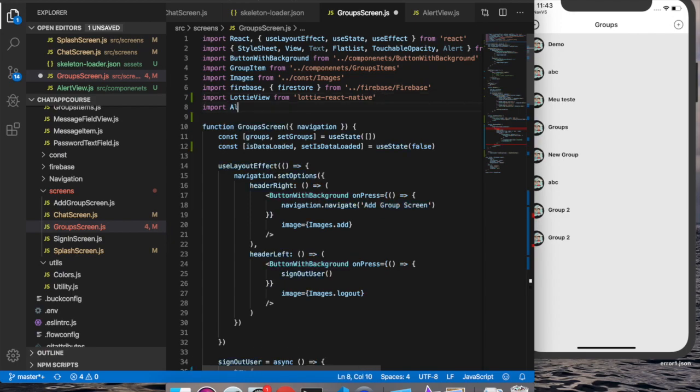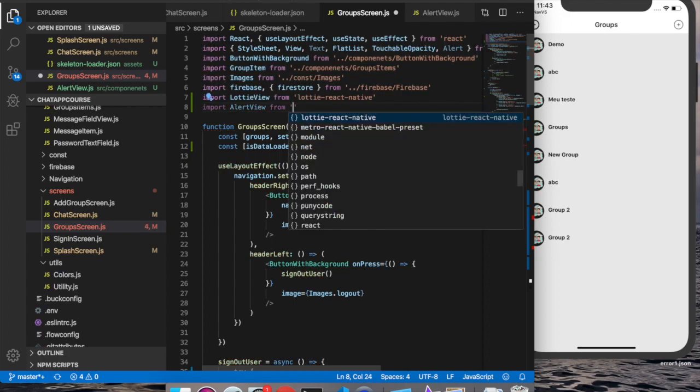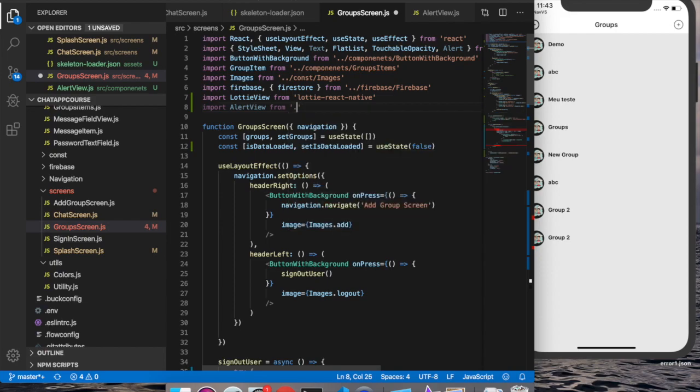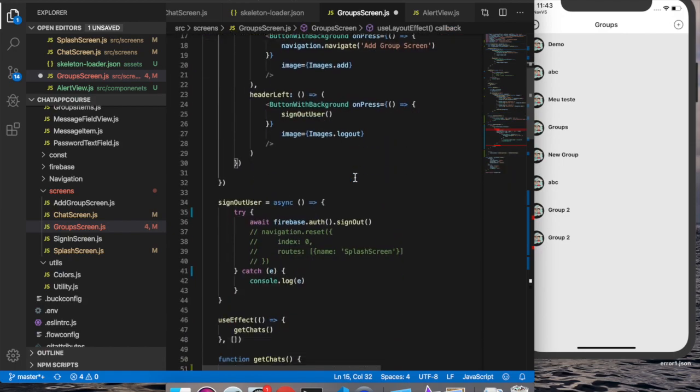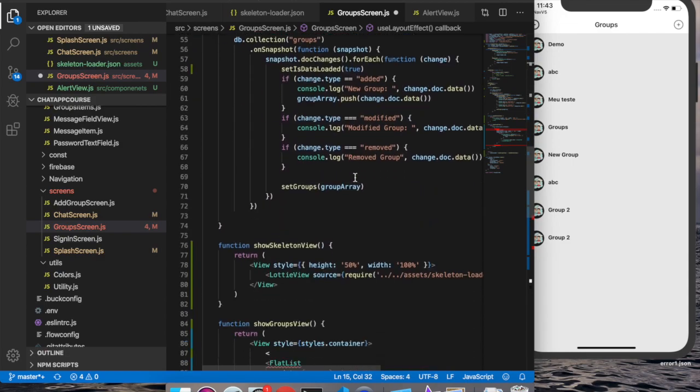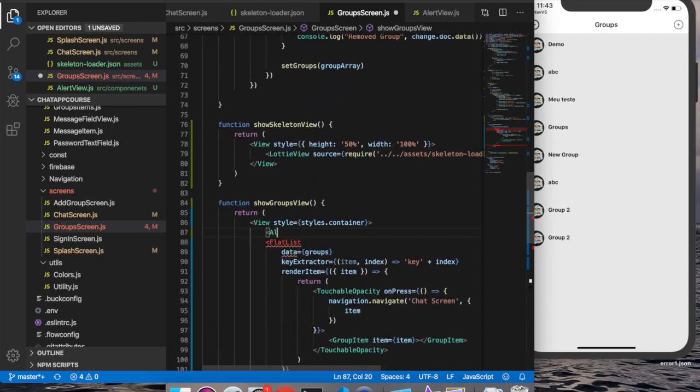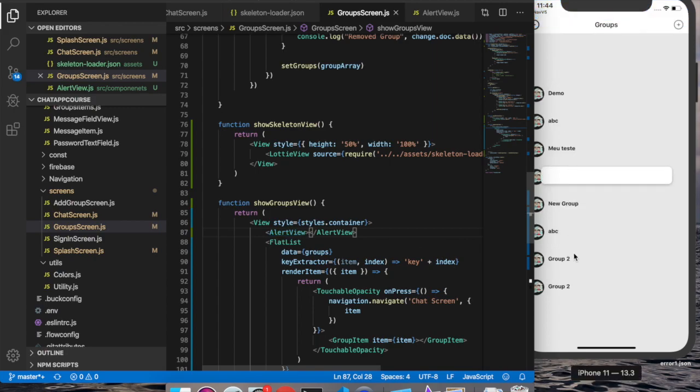So import alert view from components, alert view. Here, if I save this, okay, you can see we got the alert, right? So